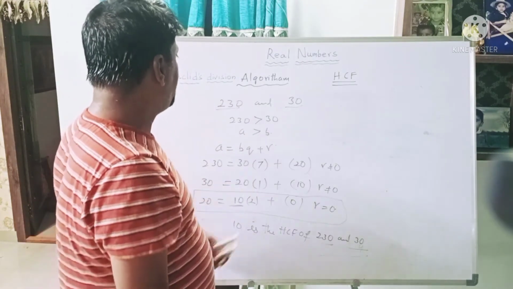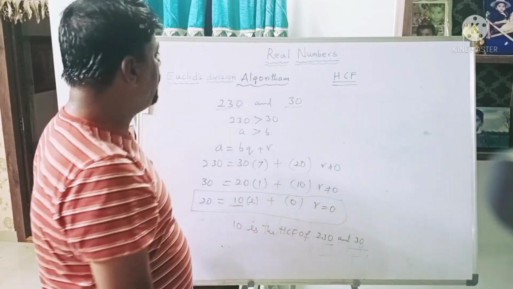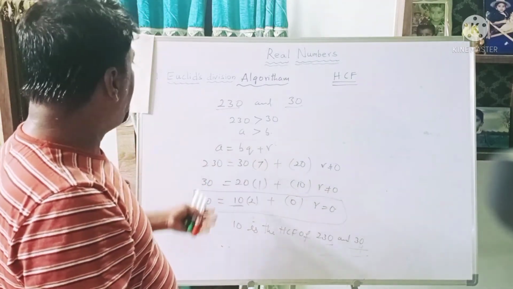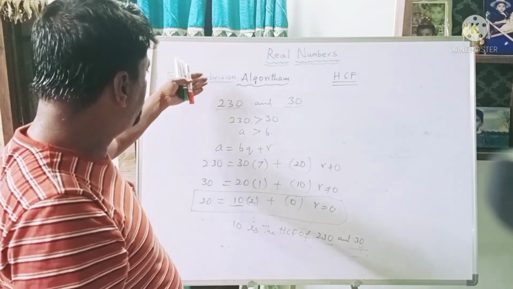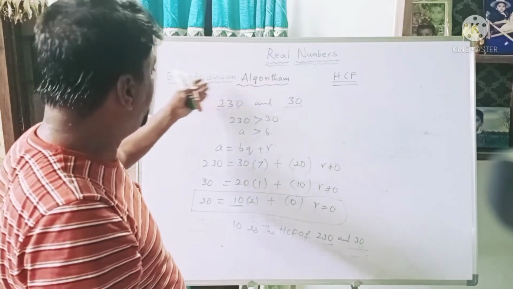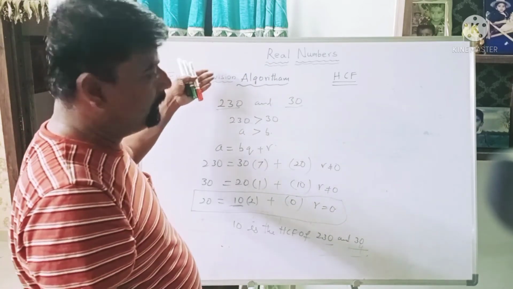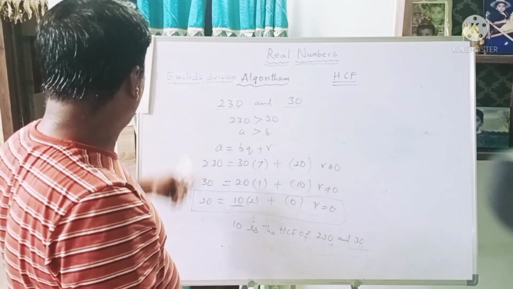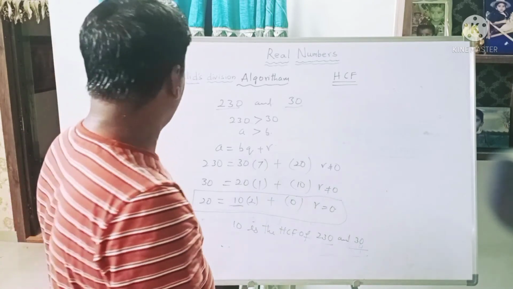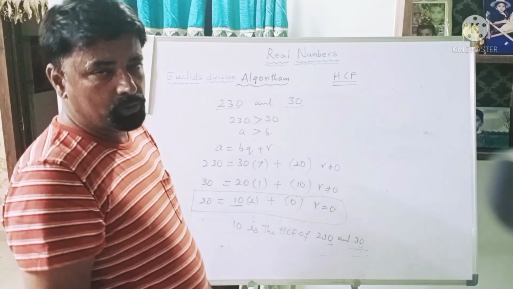So in the next class I will explain what is the fundamental theorem of arithmetic, and also we need to do some questions in EDL, I mean Euclid's division lemma. By using the application of Euclid's division lemma, we need to prove some theorems also beta. So there are some questions in your textbook also. So in the next class I will explain those questions.